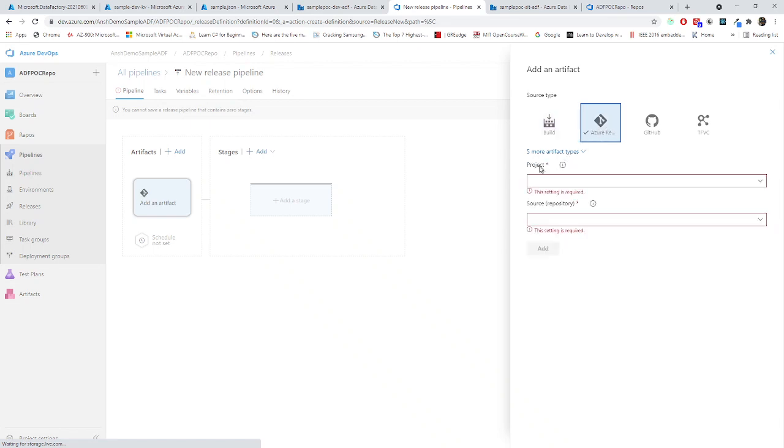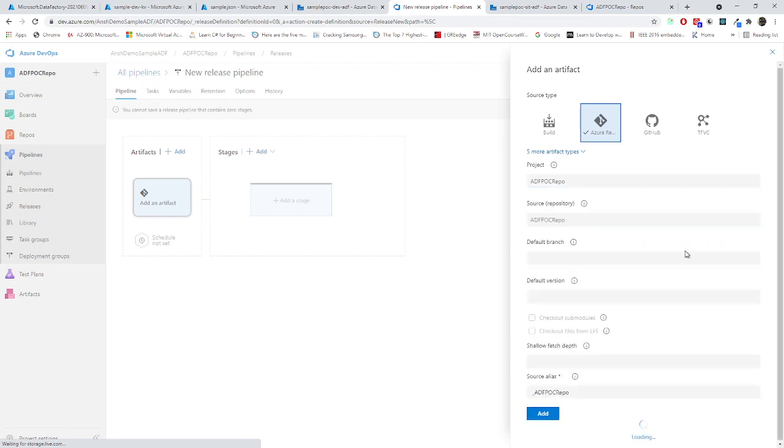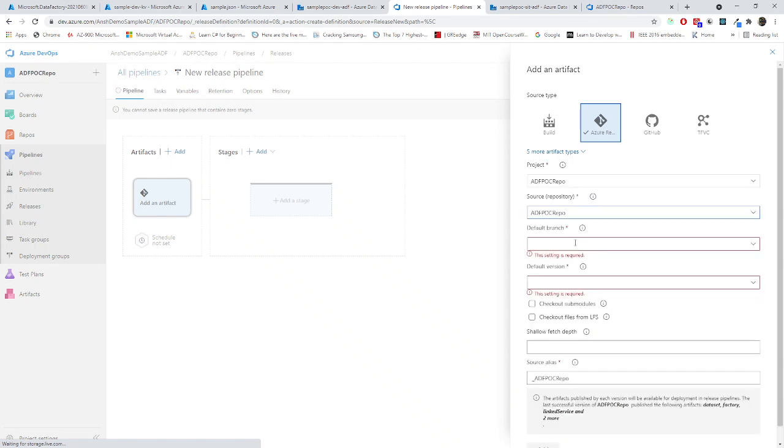That's it. Now if I go to project, we have ADF POC repo as our project. Now in source, it will show you ADF POC repo is our source control name. That's fine. Now default branch, you should choose ADF publish branch, not master branch. Master branch is for collaboration. ADF publish branch is for publication, because every ARM template is generated in the ADF publish branch, not in the master branch.